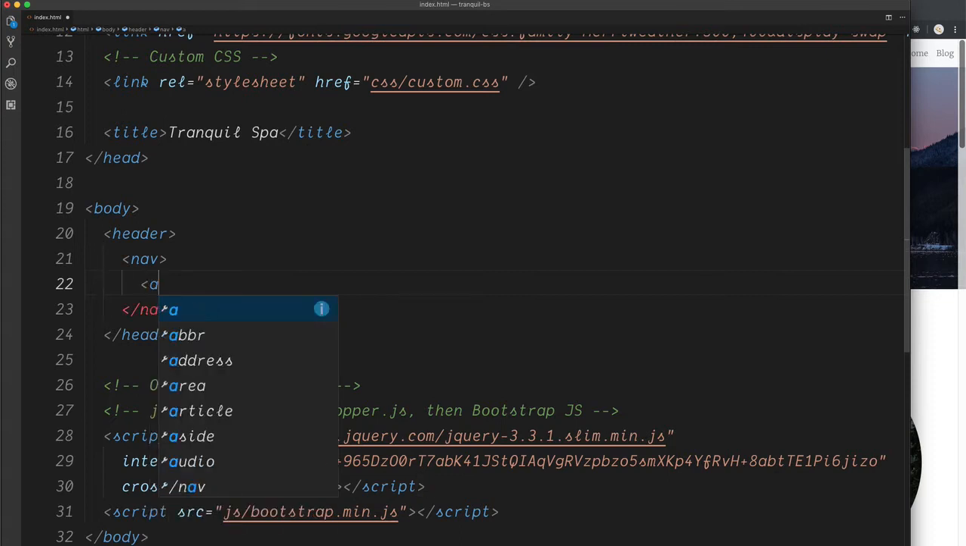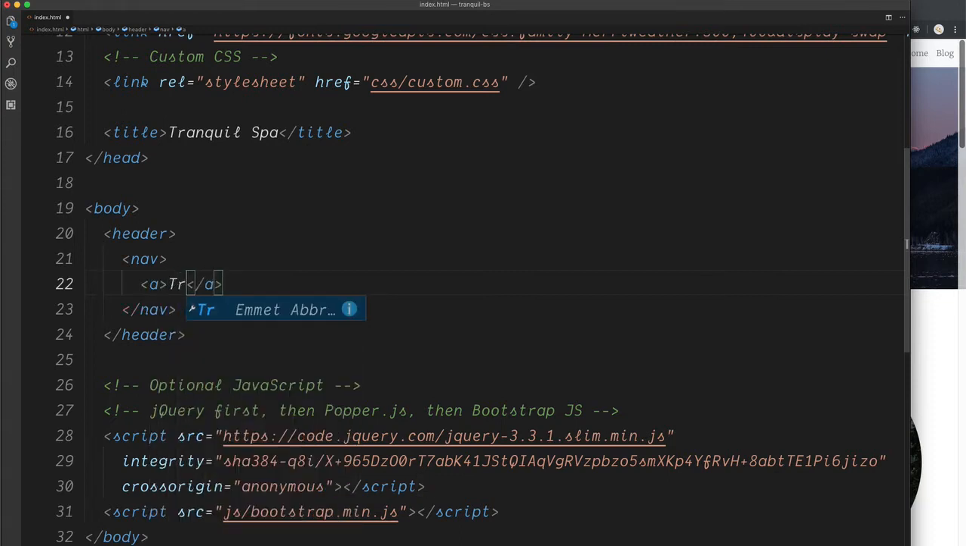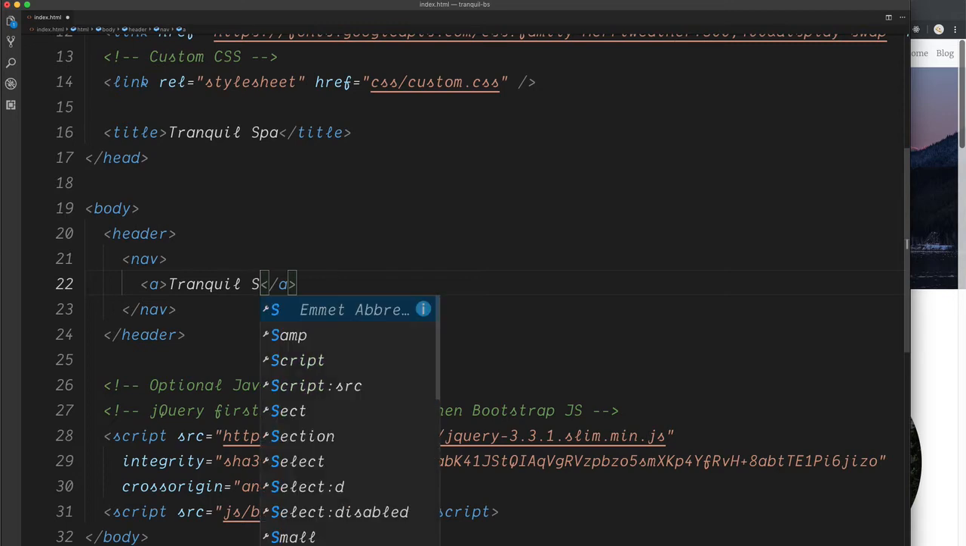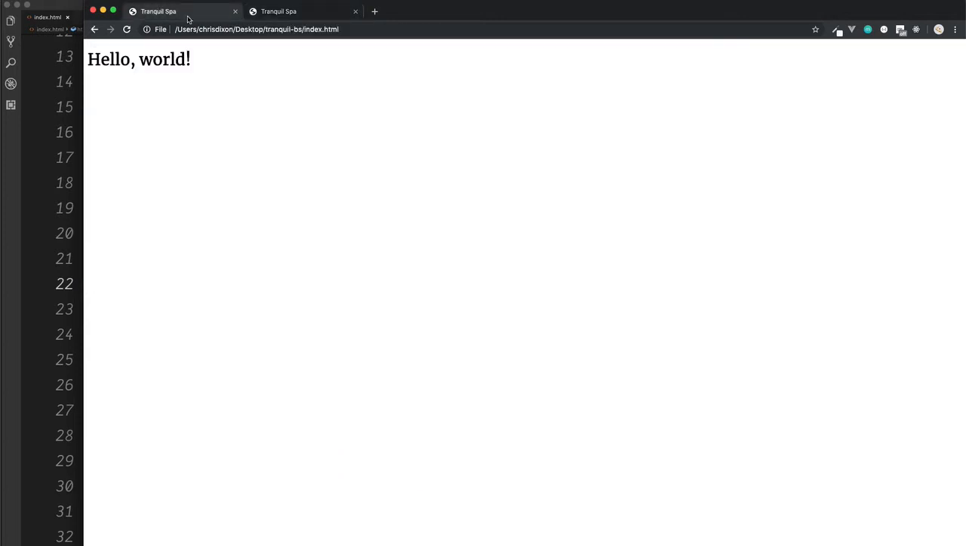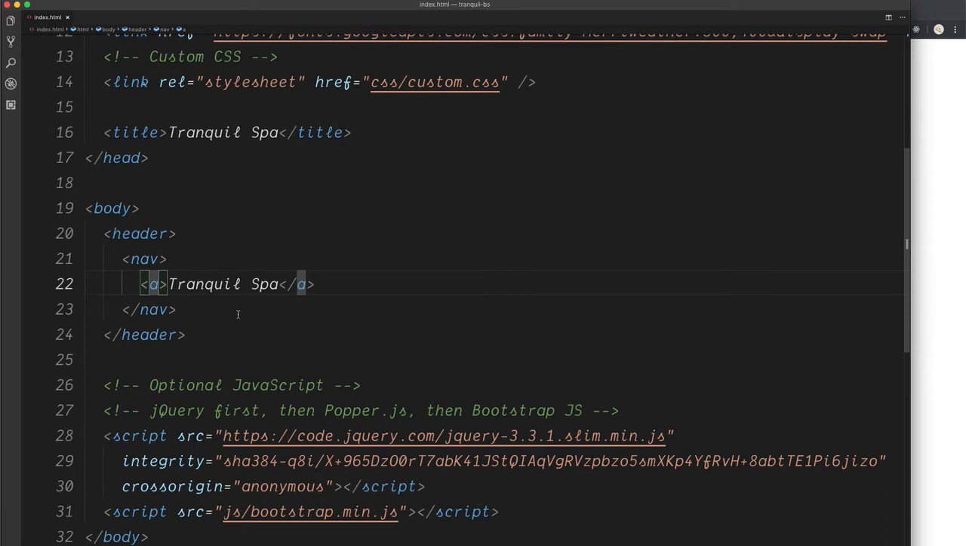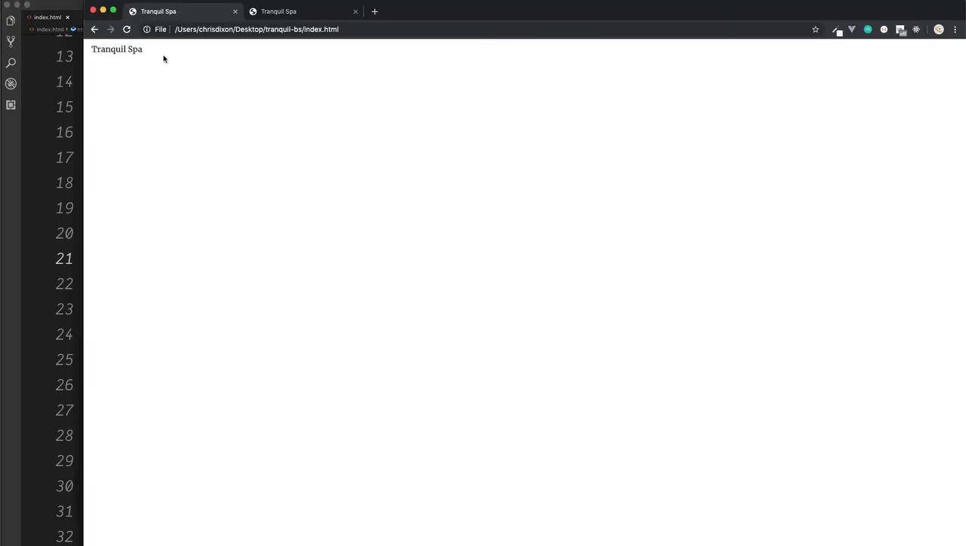Let's begin with our link, which is going to be for the site title of Tranquil Spa. This is going to have some Bootstrap classes. If we save this and then check this out, we can see it's just pretty standard text at the moment. Let's start in the nav element by adding some Bootstrap classes. The first one is the simple navbar. If we give this a save and then reload, we can see this is now moved in from the top